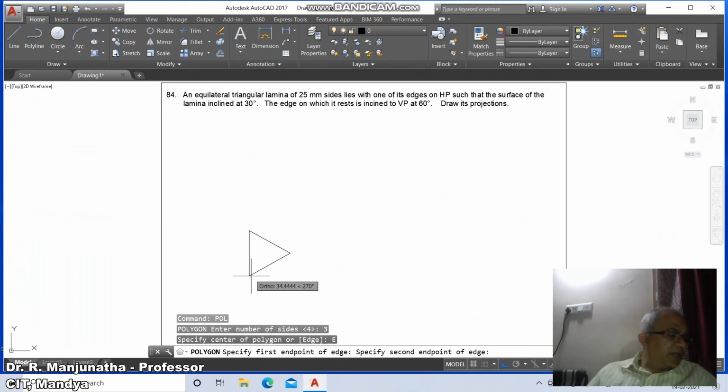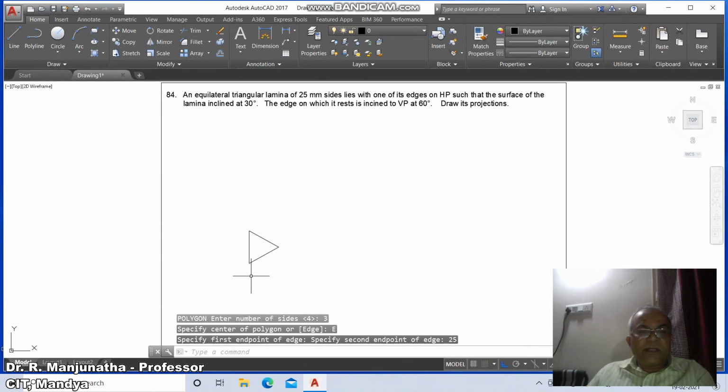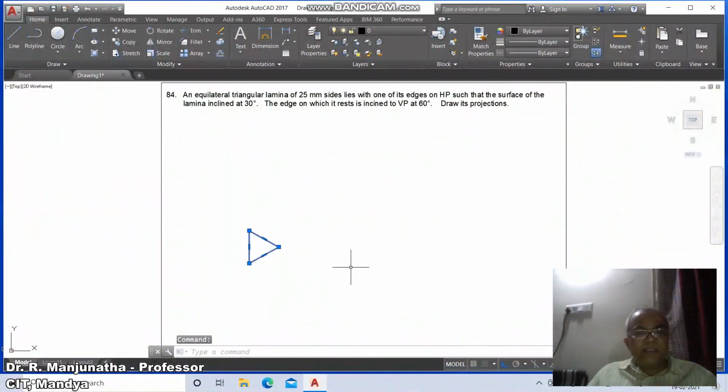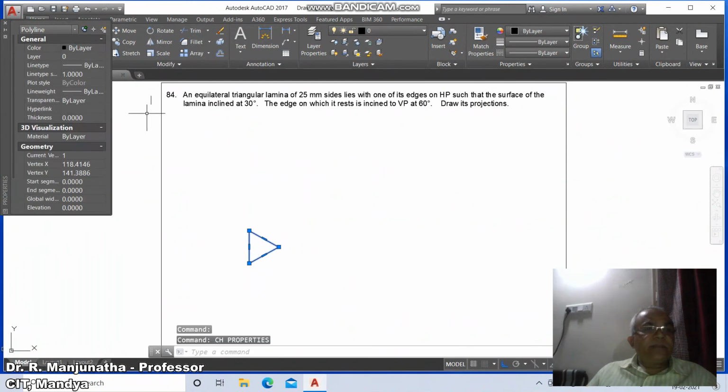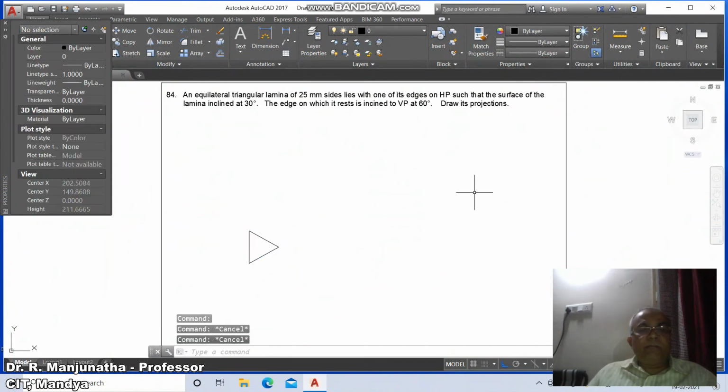The second point of edge, you take this as 25 and draw a vertical. So this is the vertical position of the triangle, and then go to CH and then click on layer and make this as views and say escape.